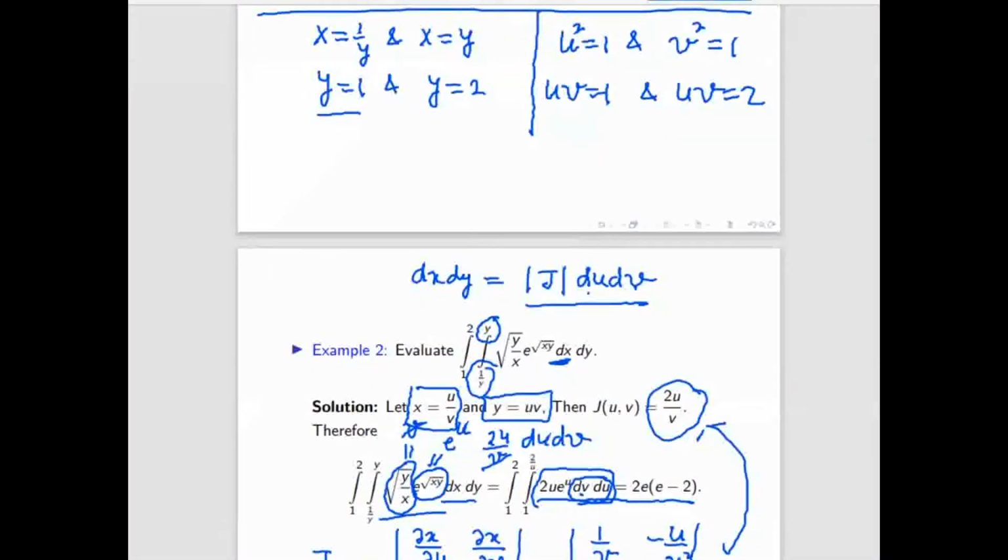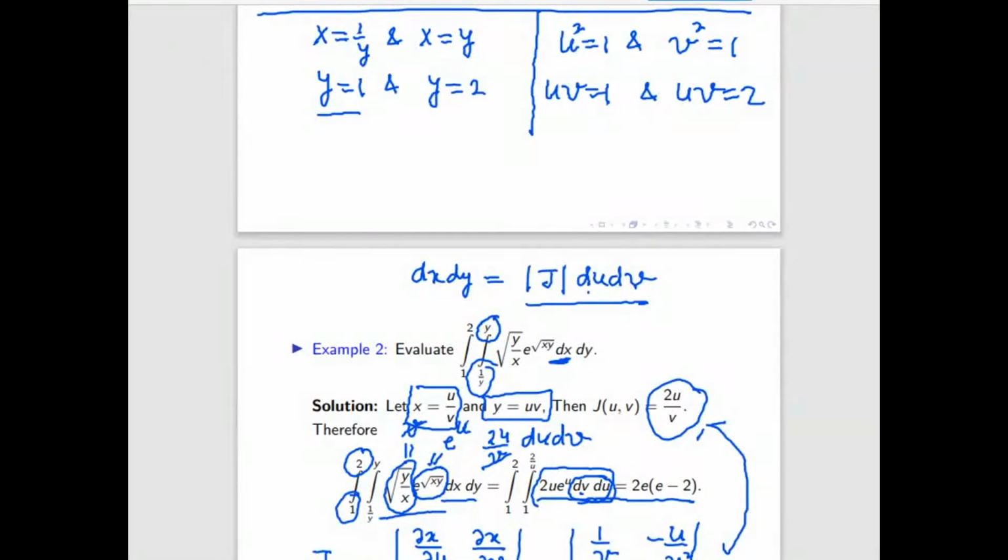So one more thing, that it is written square root of xy. So this x and y both should be either positive or both should be negative. Then only this square root is defined. This square root of xy, that means xy product should be positive, and that can be only possible when both x and y either both are positive or both are negative. But here the limit of y is given from 1 to 2. That means y is always positive. It cannot be negative. That means both x and y are positive. So if both x, y are positive, what can you say about u and v?